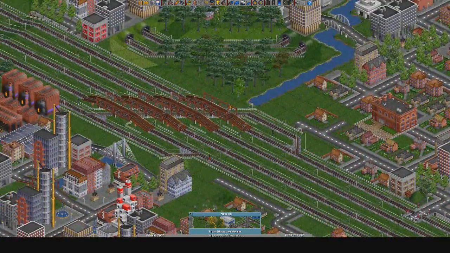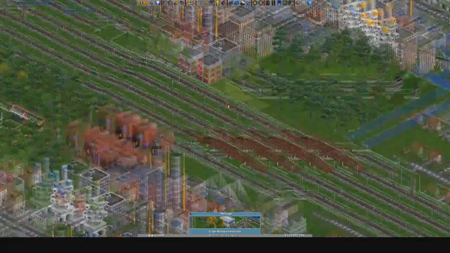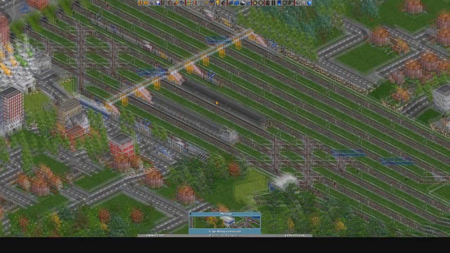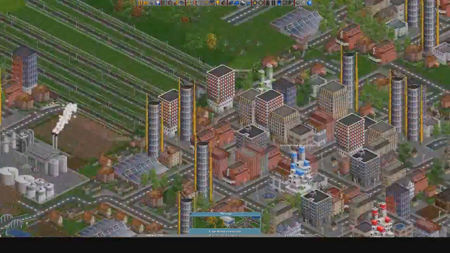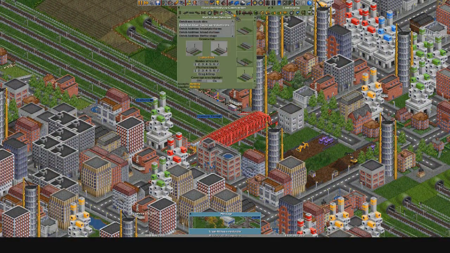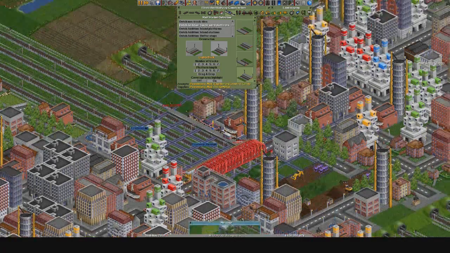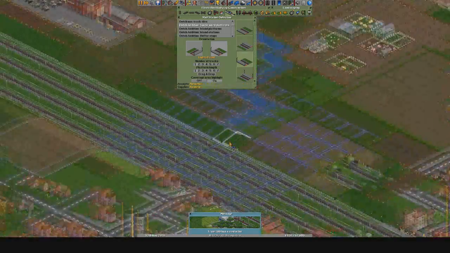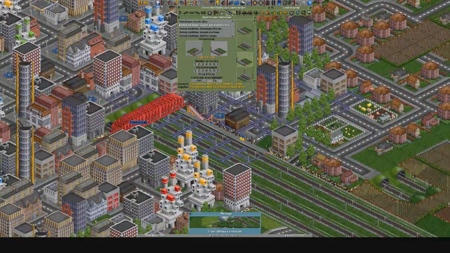Okay, and then this is all good. And then we've got Tunville, which is fine. Come out of Tunville. Now, this is another one where we need to lengthen these platforms. You like so, and then you on this side like so. Now